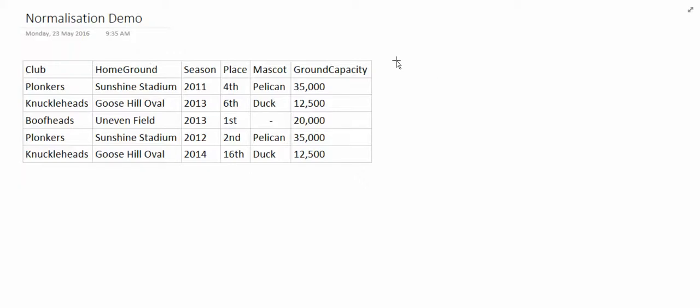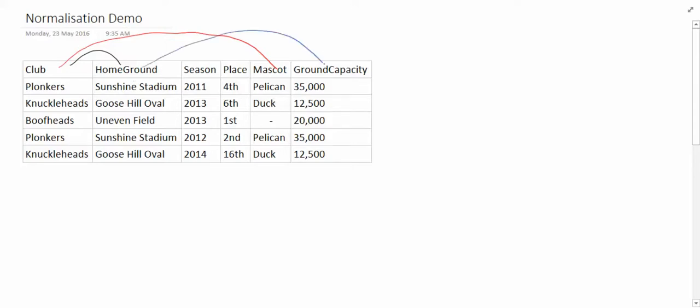Okay, now I'm going to take you through the process of normalisation. We start with our inefficient table at the top here. So we've got the club and the home ground, and I'm just going to demonstrate how we link things together. So a club and a home ground are related to each other. That one's fairly straightforward. A club is also linked to the mascot, and the last binary one, or simpler one,